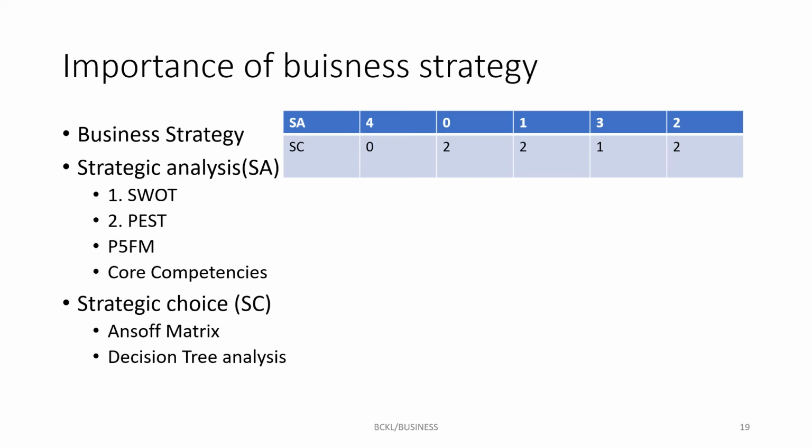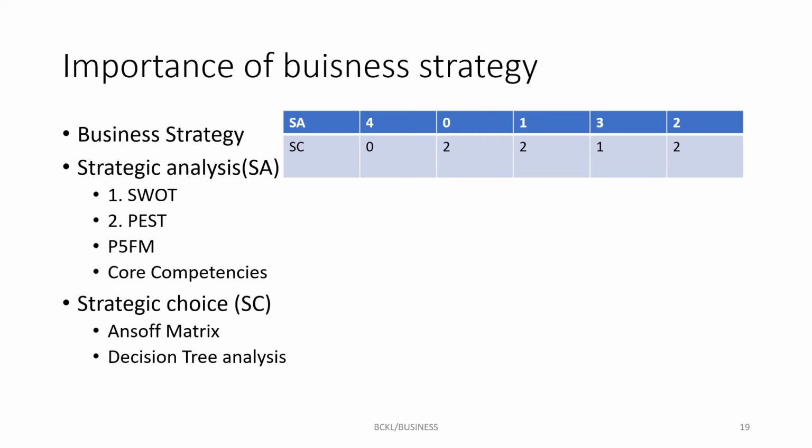So here is the importance of business strategy. If the business is doing well, depending on the case that you have, here we'll be testing the business strategy. So we'll be talking about strategy analysis and strategic choice. Now in strategic analysis you have SWOT, PEST, Porter's 5 forces analysis, the core competencies, and then in strategic choice you have the Ansoff matrix